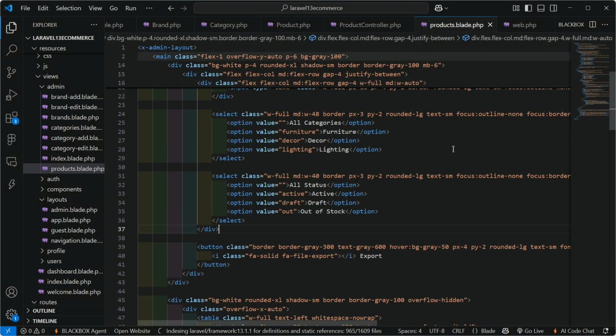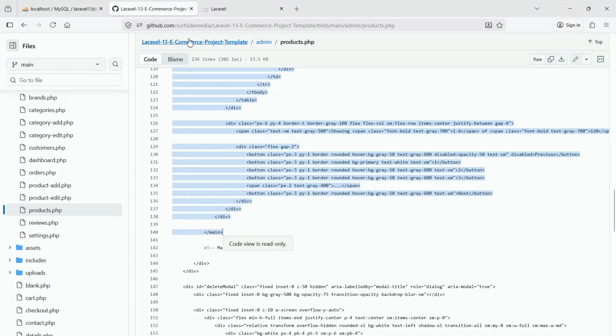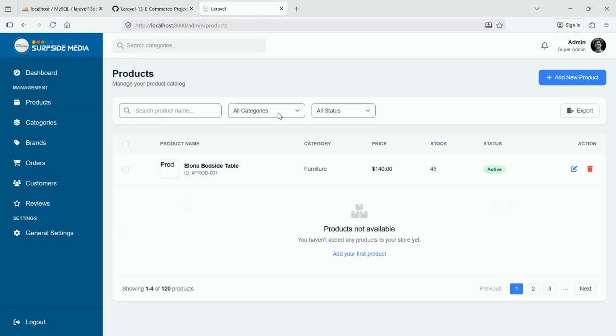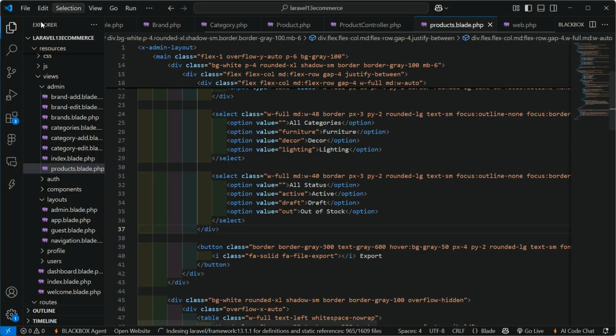and let's check this page. So just refresh the page and just click on products, and you can see here the products page. Okay, this is the template content. Now let's make this content dynamic. Okay, so go back to the products view, and here